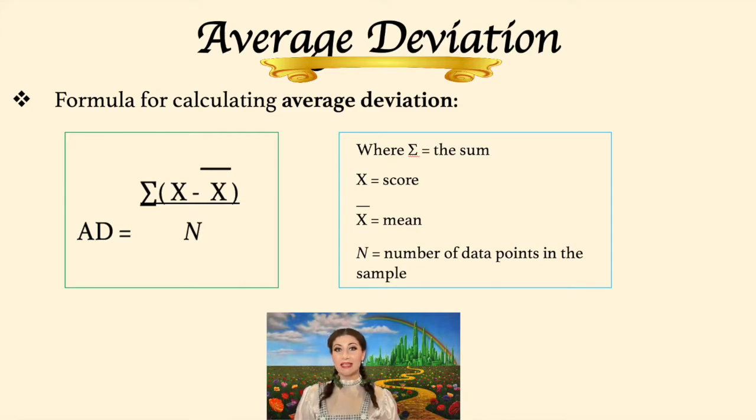If we take each data point and subtract the mean, we will be left with some sort of a difference, some sort of a deviation. If we add up all of these differences between the mean and each data point, we are going to be left with the numerator, so the sum of each score minus the mean. We then divide that number by n, the total number of people in our sample,